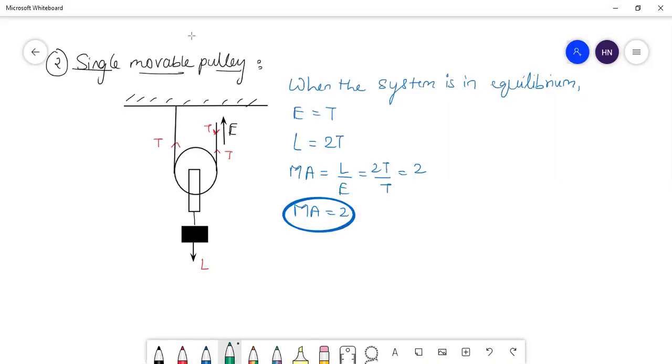Next, if I try to calculate the velocity ratio value. Similarly, if I consider the movements in the string. If I say the load is going to move up by distance dE, so you can say that in this particular length, if I see the total change, if it is moving in the upward direction, that is nothing but if here I consider the distance moved by the effort. Sorry, this is load and this is effort.